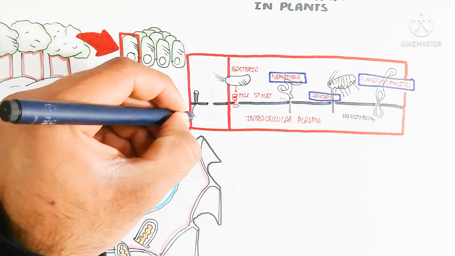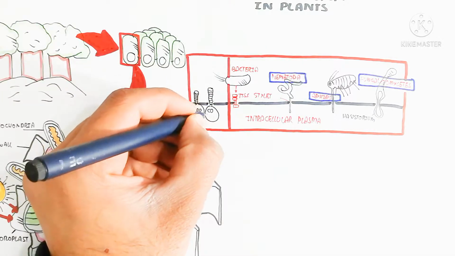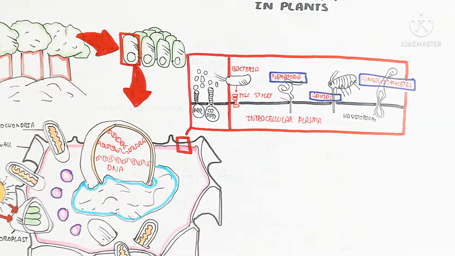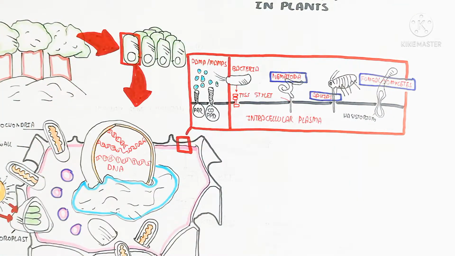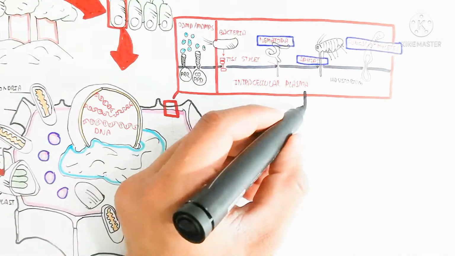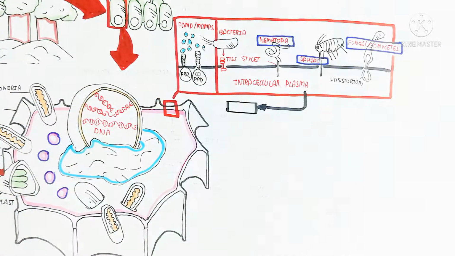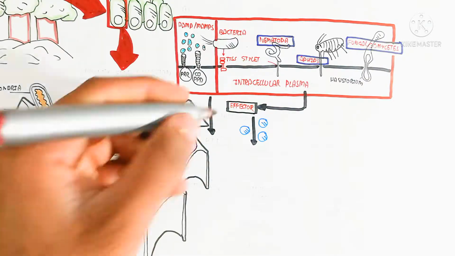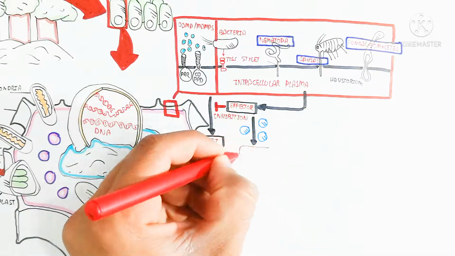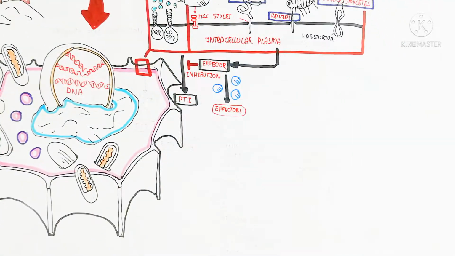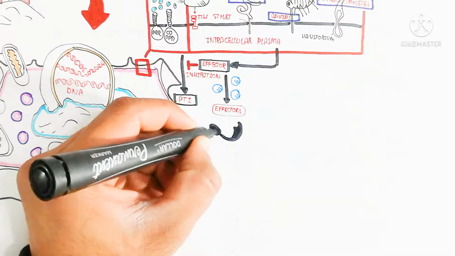And in this way it produces different types of molecules also. This is the pathogen recognition receptor and the death domain receptor. On the other hand, the pathogen associated molecular pattern and damage associated molecular pattern, all these trigger the effector. But here the DAMP and PAMP will lead to pathogen triggered immunity, while the effector from a bigger organism will bind with